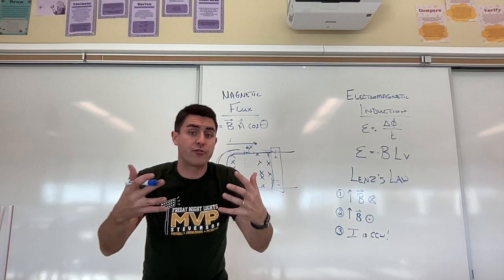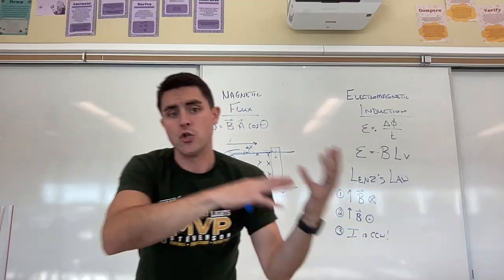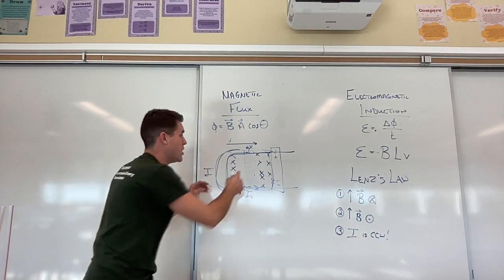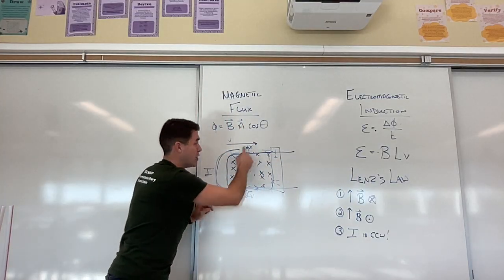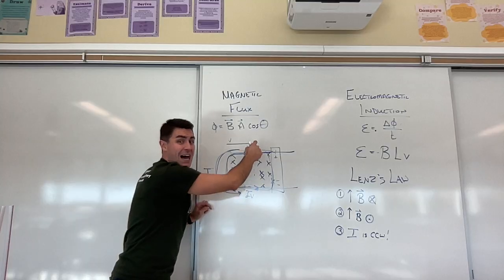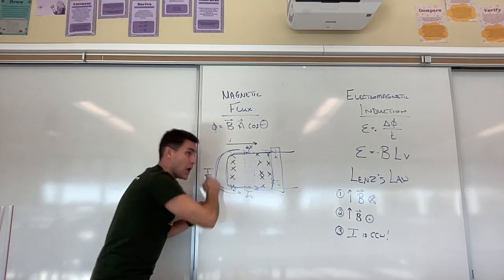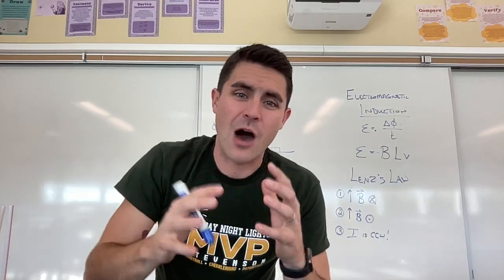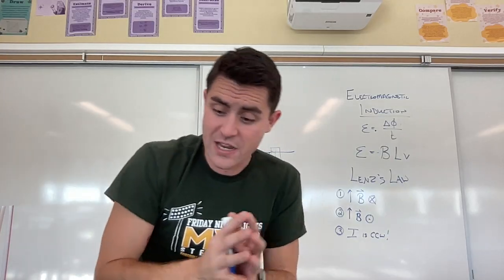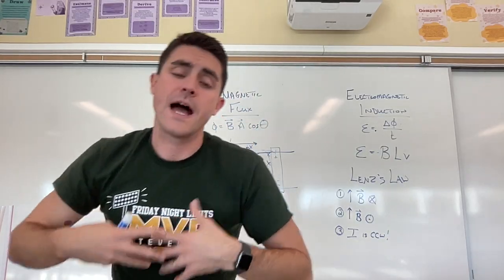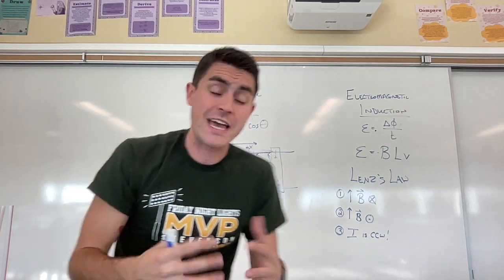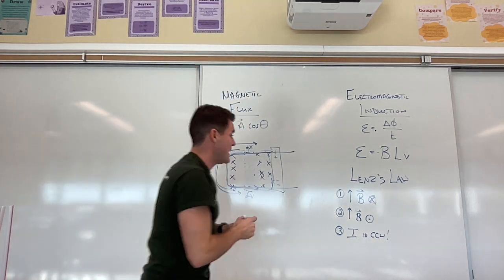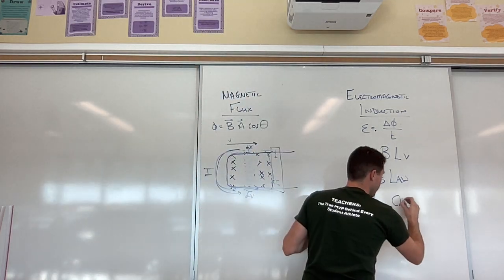That potential difference has the ability to move charges when connected to a loop of wire. That loop of wire, when connected from the high to low potential, allows current or charge to flow through that loop. How can I predict the direction that that charge flows in? I can use what's called Lenz's law, and Lenz's law simply states that